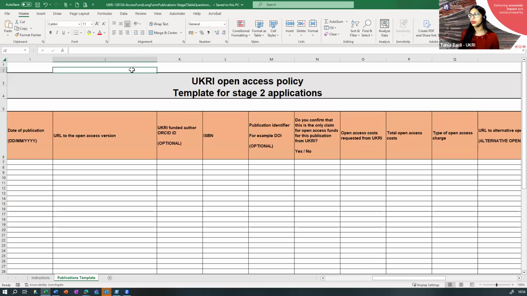I will clarify that the reason we ask you to complete this offline form and then copy and paste it into the system is because the funding service can only accept PDFs. And in order to manage the applications for the various publications that would come in, we would not be able to work from PDF form. As a result, you would need to copy and paste the text in.